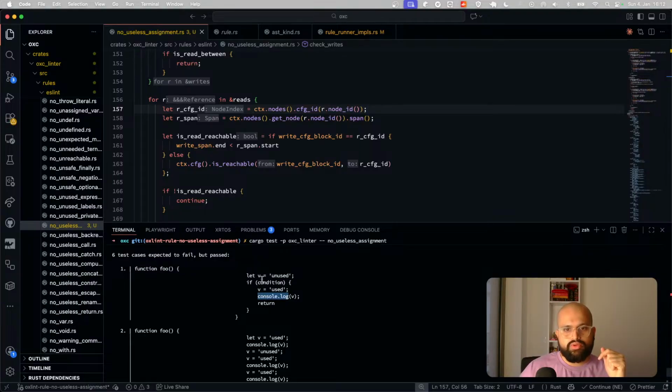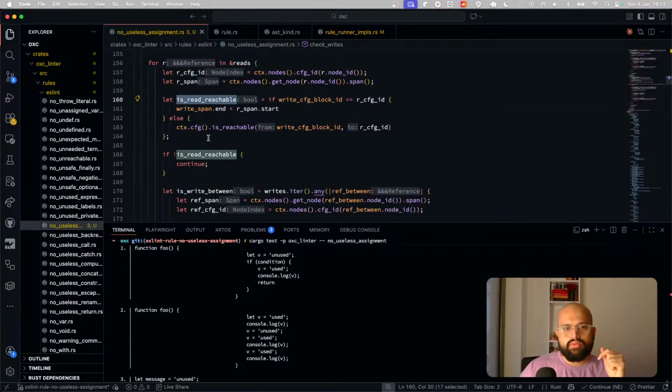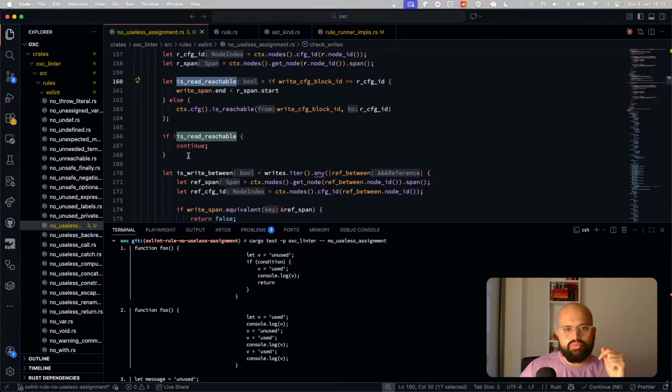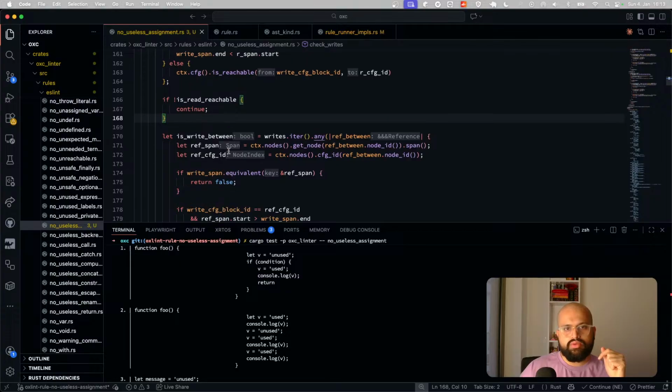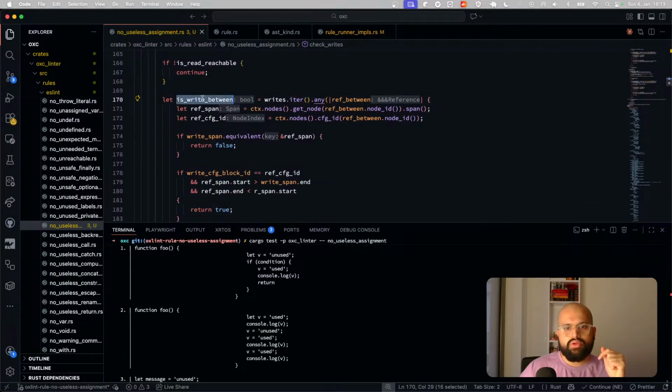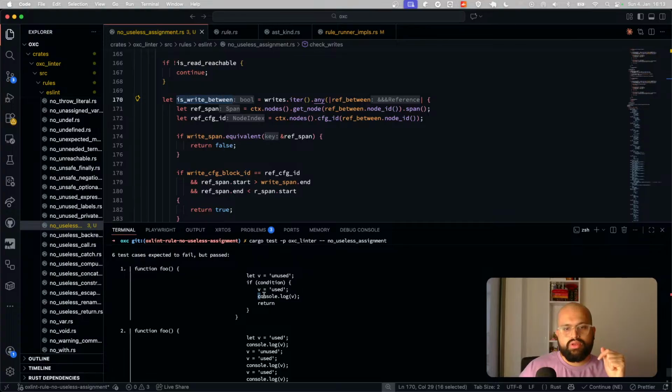If it's a different CFG block, so it should take CFG dot is reachable from write CFG block ID to this, and it is reachable. So if it is not reachable, then continue, which is not true. So it will come here. Is write between? Is there a write between